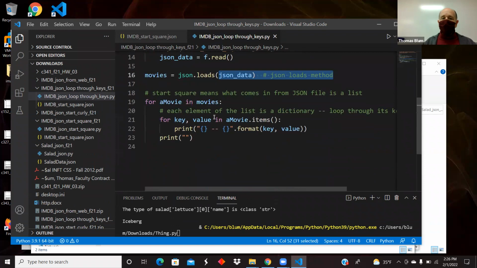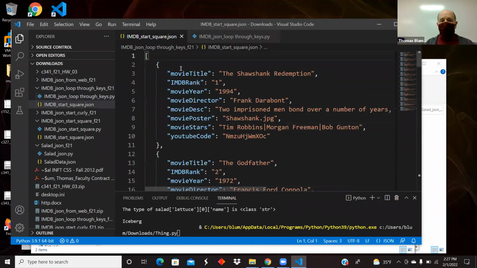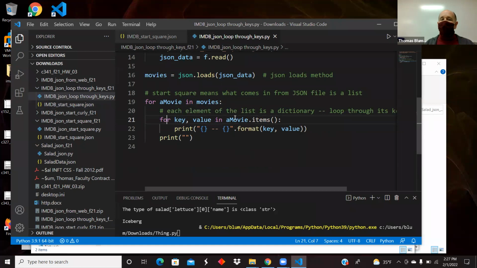I know this part. I say I know what's in there. I know it's a list, so I'm starting straight into the for loop. Here's the part where I'm saying, show me what's in there. So instead of me saying, I know there's a rank, I know there's a title, I know the names of those properties, I know there's movie title, I know there's IMDb rank, I know there's movie year, instead of doing that, I'm saying